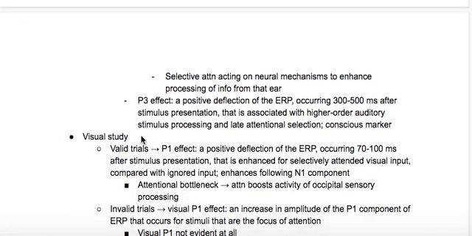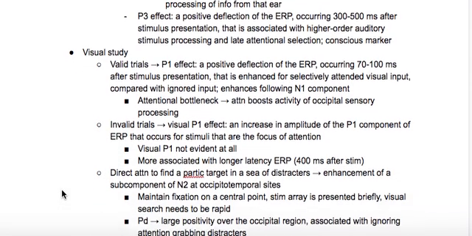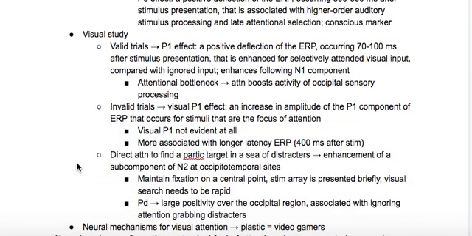The P3 effect, then, is a positive deflection of the ERP occurring 300 milliseconds after the stimulus presentation that is associated with higher-order auditory stimulus processing and late attentional selection. We usually use the P3 as a consciousness marker. During visual studies, valid trials show a P1 effect. Invalid trials being there is a cue that